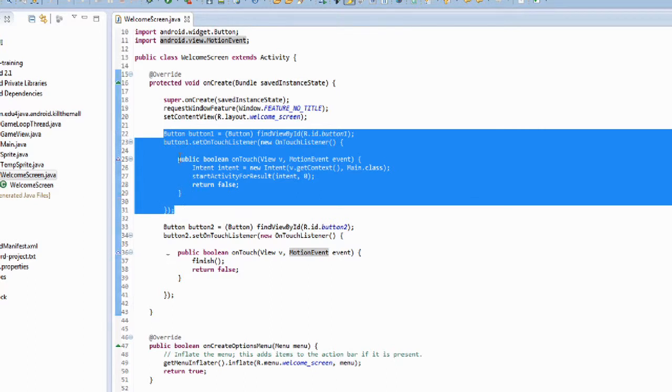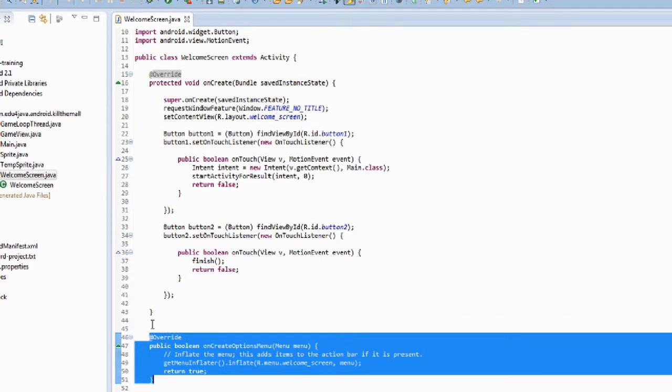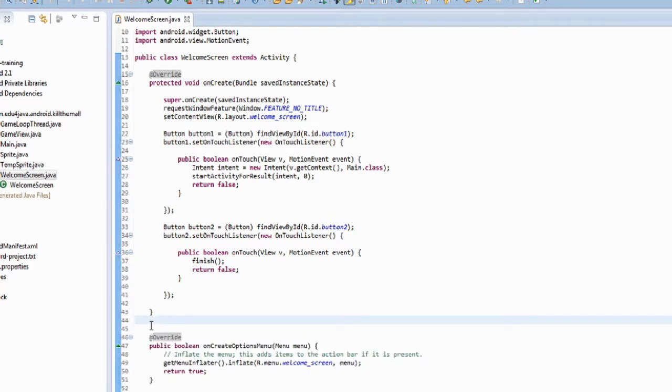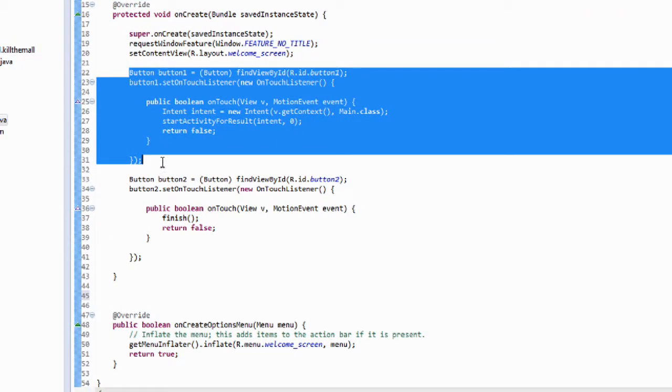So I'm going to move these buttons into their own methods down here. Like this is its own method right here. We're just going to create another method here, and then let me hit enter. We're going to create our own method and put them out of this one big method so it can be easier to read. So I'm going to go ahead and highlight the first button, from button 1 to this